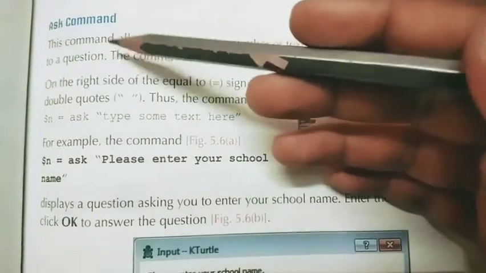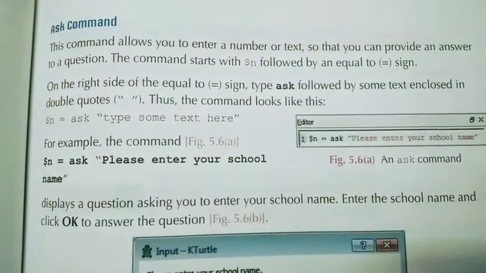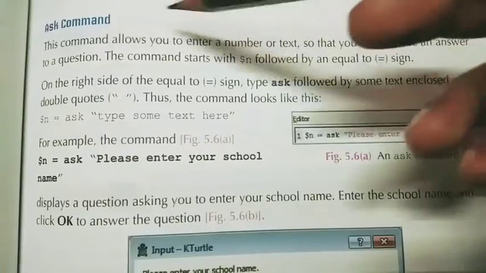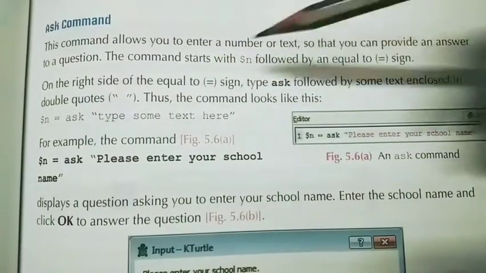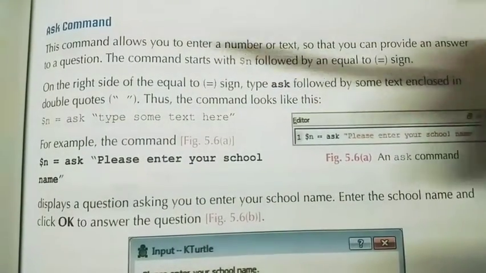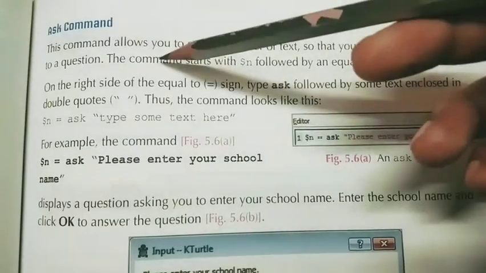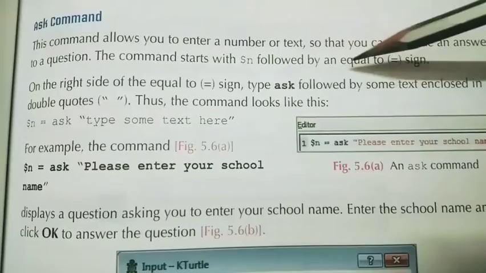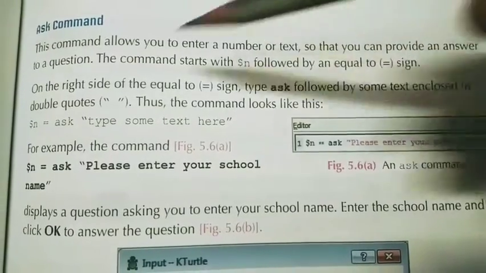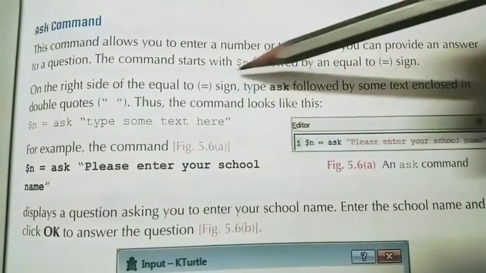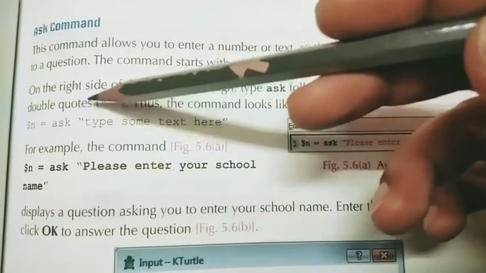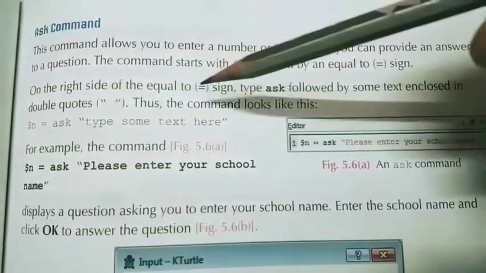What is the meaning of the ask command? This command allows you to enter a number or text so that you can provide an answer to a question. Ask command means asking something from the user, to give the input. The command starts with $n followed by an equal to sign. On the right side of the equal to sign, type ask followed by some text inside double quotes, that means inverted commas.